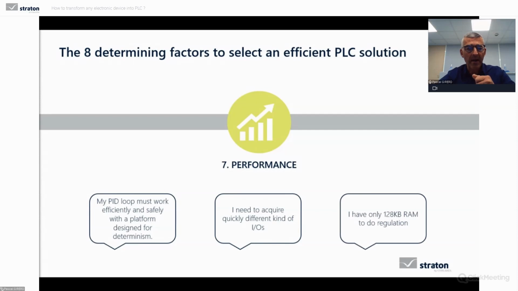Or I have only 128 kilobytes to do my regulation. Today, multi-core CPUs make them capable of multitasking in a very powerful manner. Okay, but it's also a performance to bring control, regulation, communication in a very small CPU.